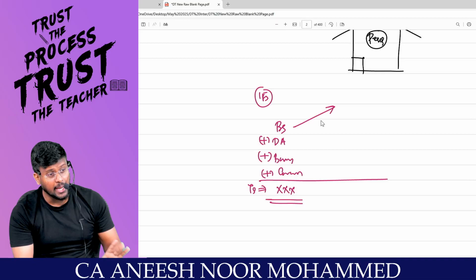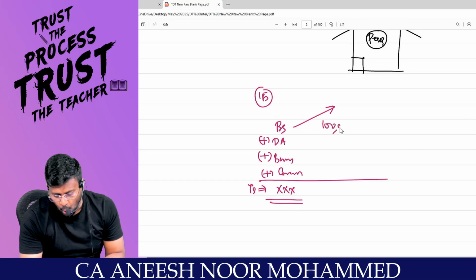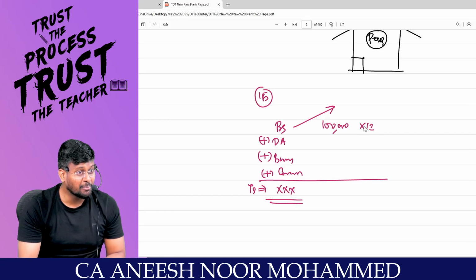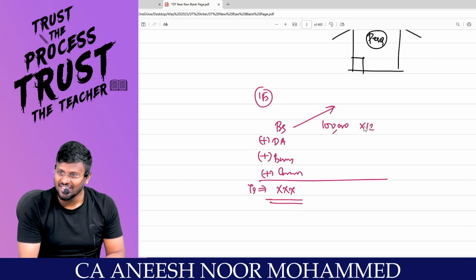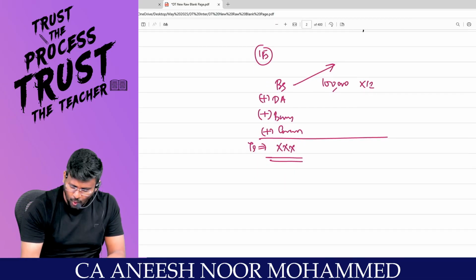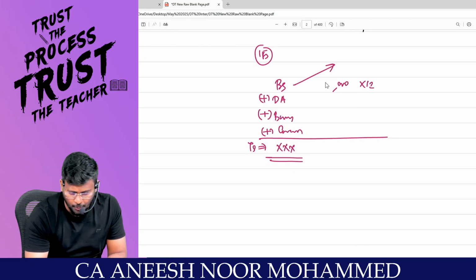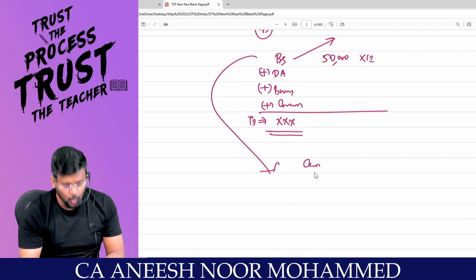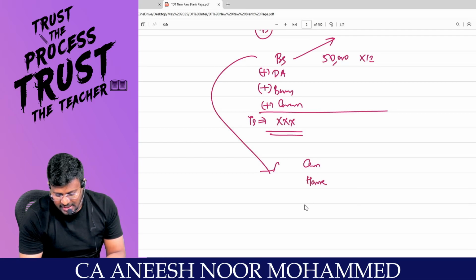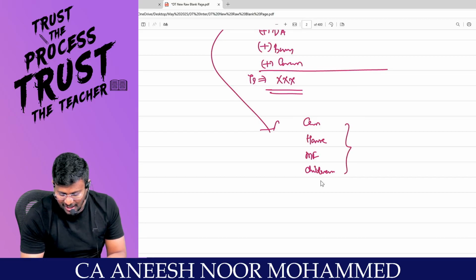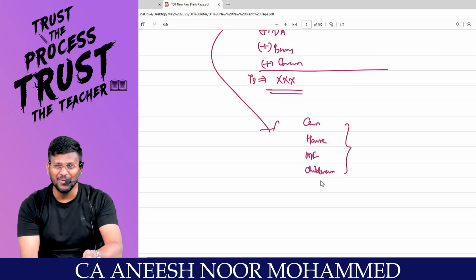You are saying to the employer, sir, please don't pay 1 lakh rupees per month. Oh my God, the employer is shocked, because the employee is saying that I don't want 1 lakh rupees per month. Instead of that, you do one thing, sir. You pay me 50,000 rupees per month, and instead of that 1 lakh, give me a car. You give me a house. You give the medical facility. You take care of my wife and children's education. Are you all really with me? Like this you are saying to the employer.